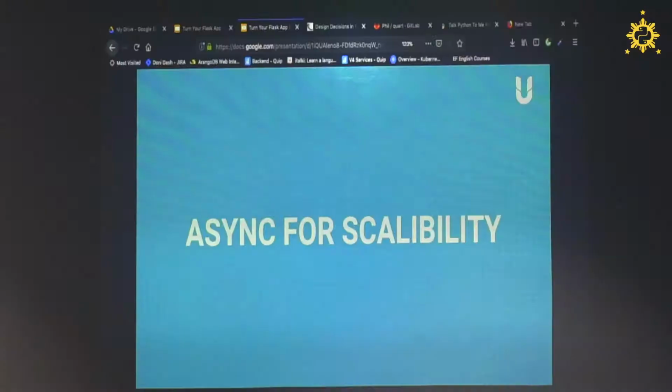So in modern days, if we are not using multi-threaded programming to leverage our code, we cannot gain performance if we use only synchronous execution, like we're doing right now in Python, especially if we want to make web servers. So this is the big picture of why I need async for scalability.